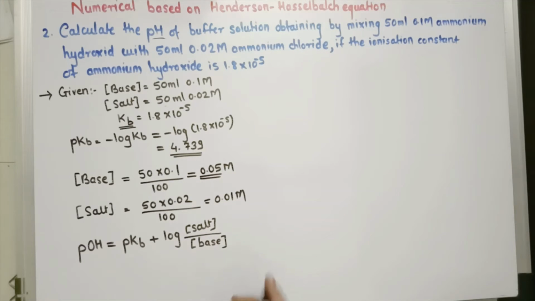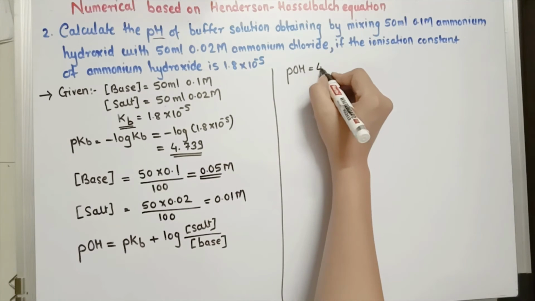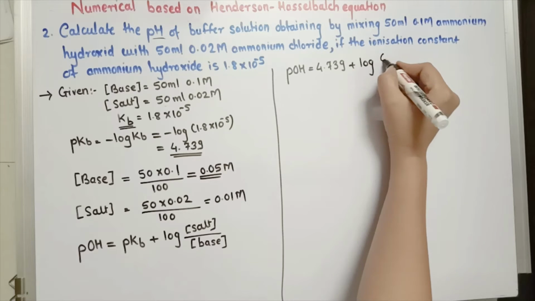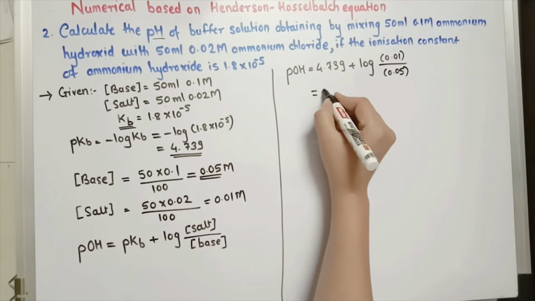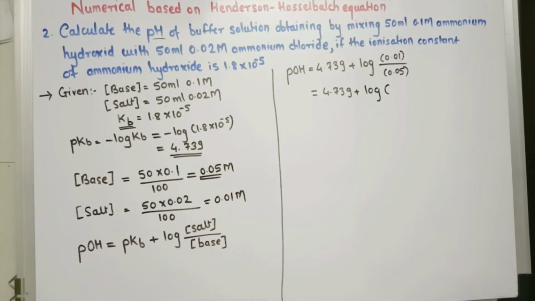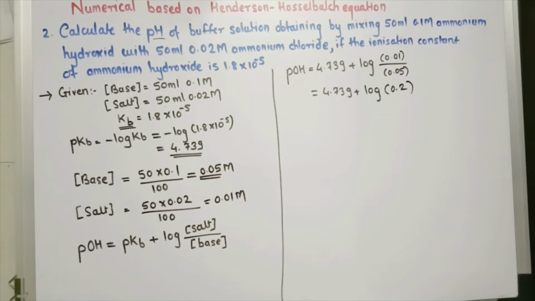Now putting the values, pOH is equal to pKb, which is 4.739, plus log of salt concentration 0.01 upon 0.05. So 4.739 plus log of this division, which is equal to 0.2. Now log of 0.2 is